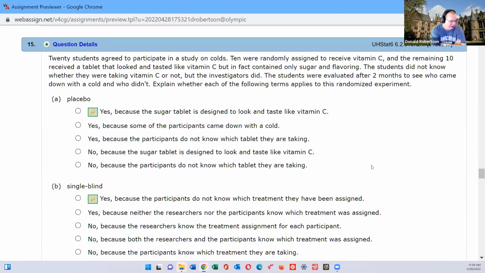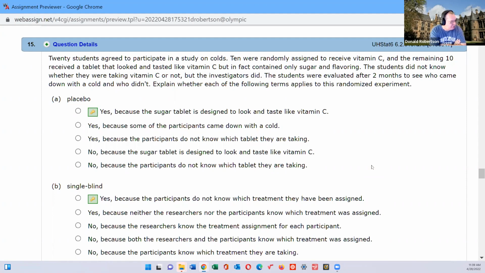But it just had sugar in it. Oh, haven't they done the first part of a double blind? You don't know if you're getting vitamin C or not, do you? The student did not know whether, I'll just repeat that, but the investigator did, i.e. the guy collecting the data did know. That's bad news. The students were evaluated after 2 months to see how many caught the cold and how many